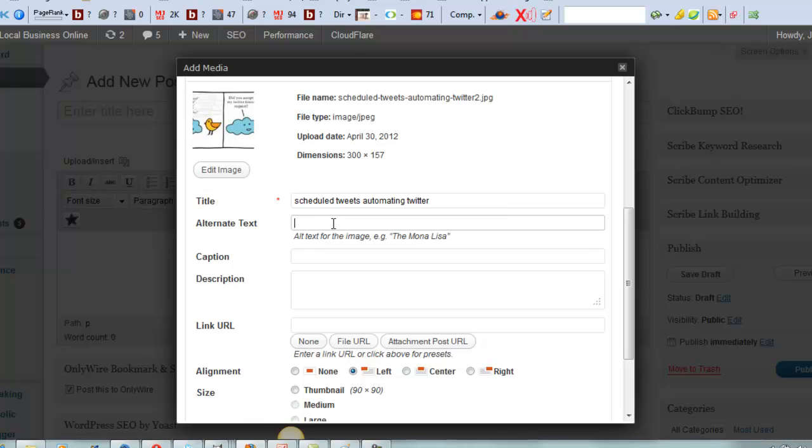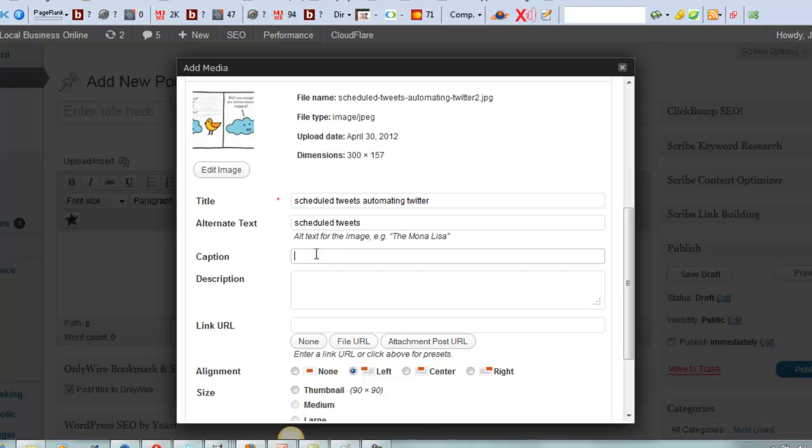So if you use a keyword phrase that you're targeting that accurately describes the picture, it also shows when, for whatever reason, your image doesn't load. Some people might be on a particularly slow connection, or even browsing the web with images turned off. So the alternate text is what shows instead of the image. So try and be fairly descriptive, but for now I'm just going to call it scheduled tweets.